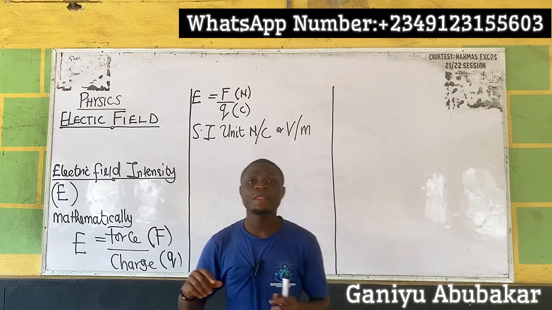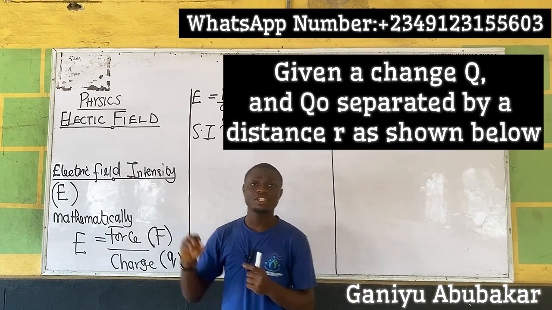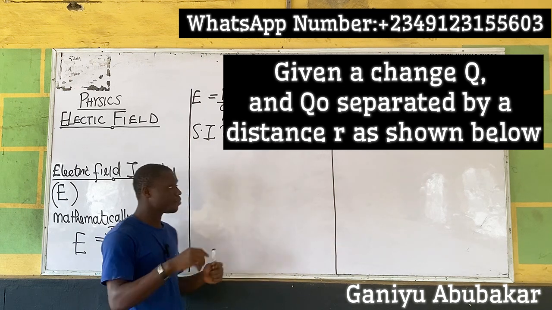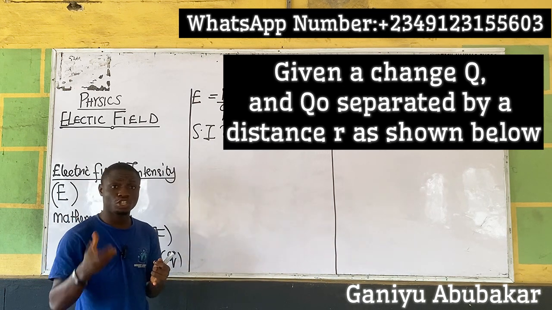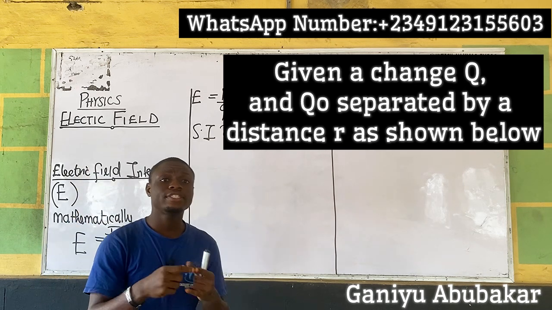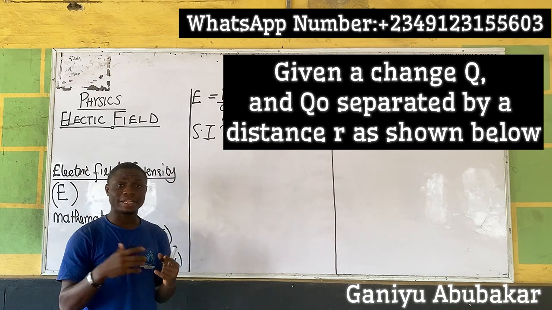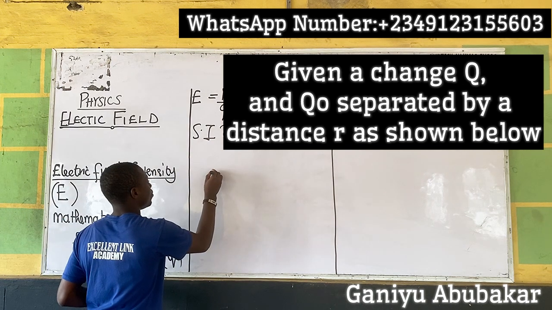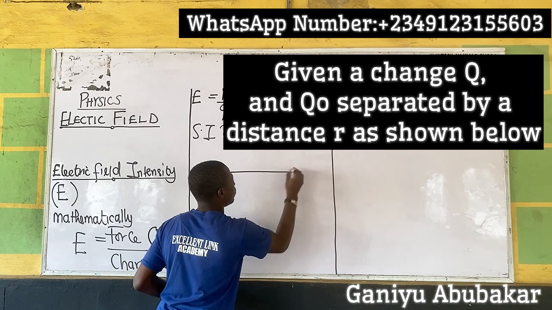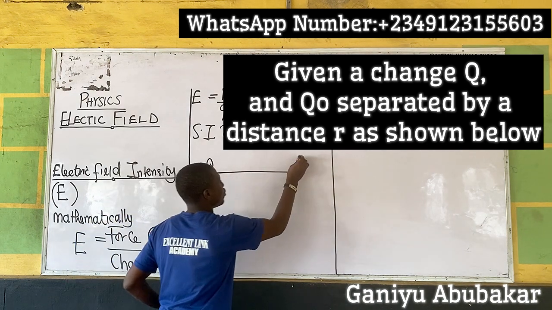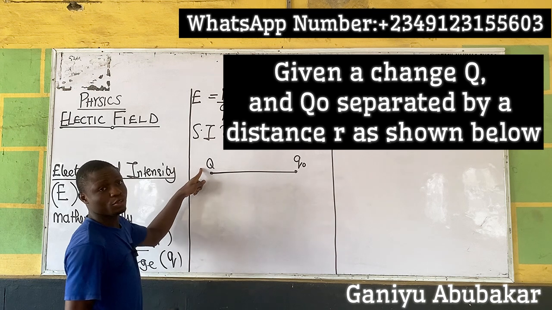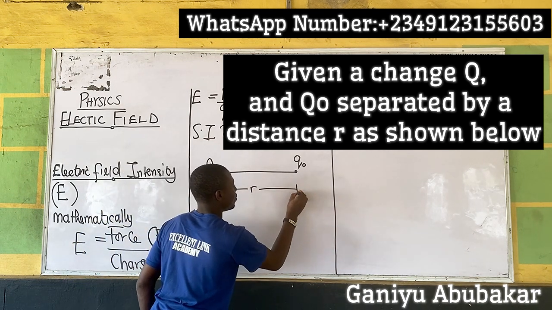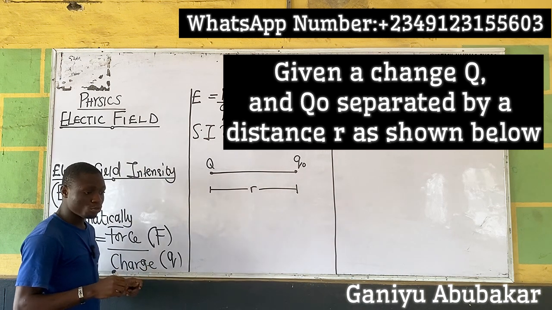So put down, please, given a charge q and q naught, separated by a distance apart r, as in this case, from Coulomb's law,